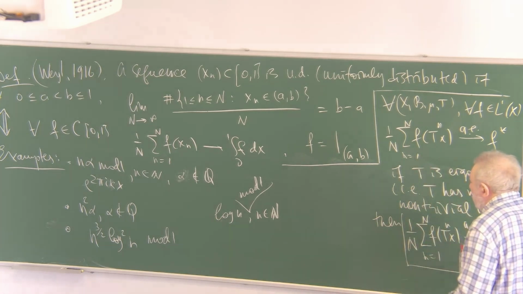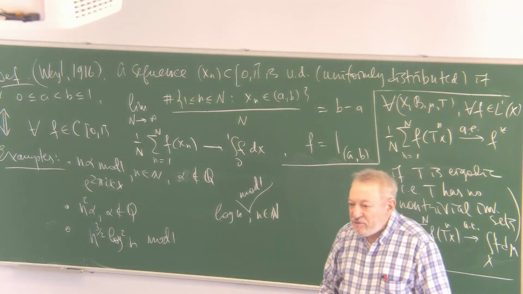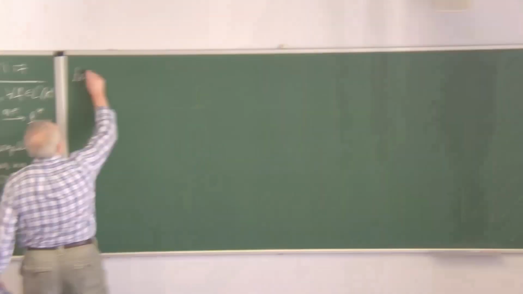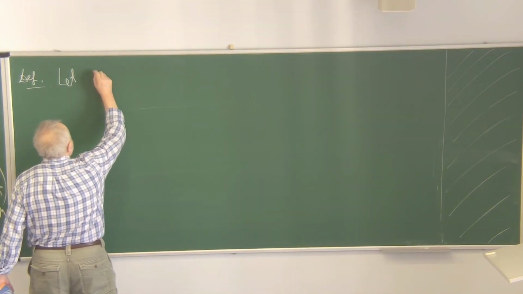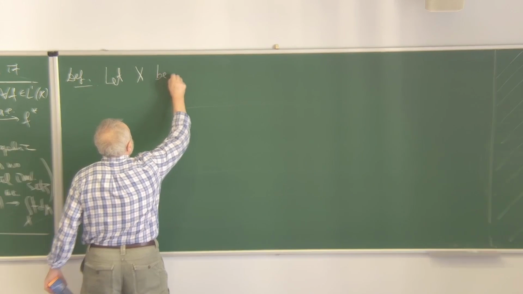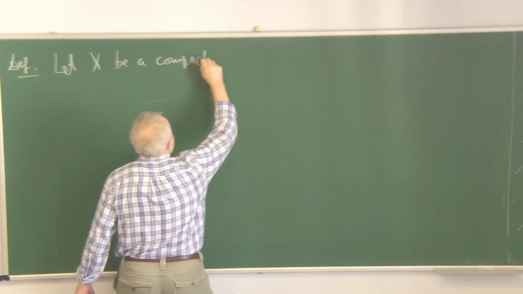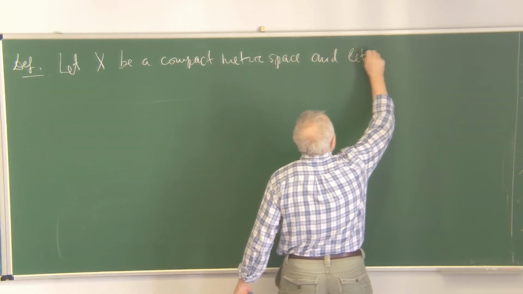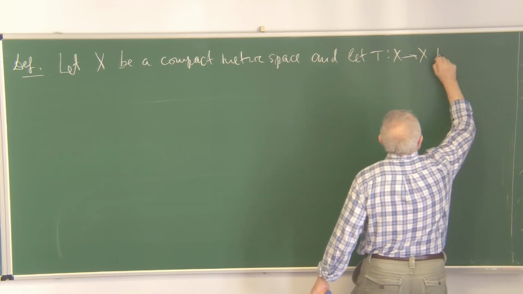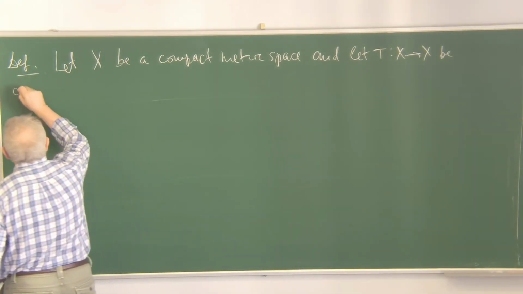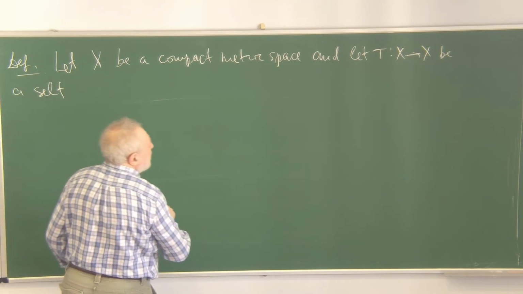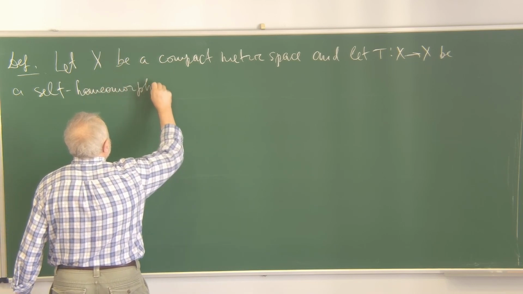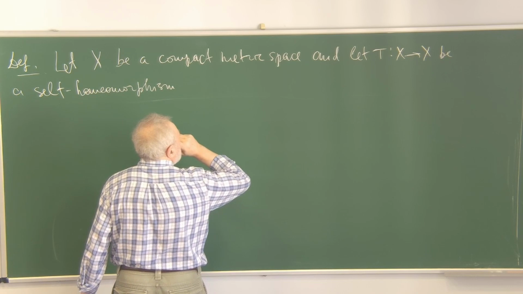Okay. And that's why everyone should like the notion of unique ergodicity. So here's a new definition. Let X be a compact metric space, and let T be a self homeomorphism, say. Then